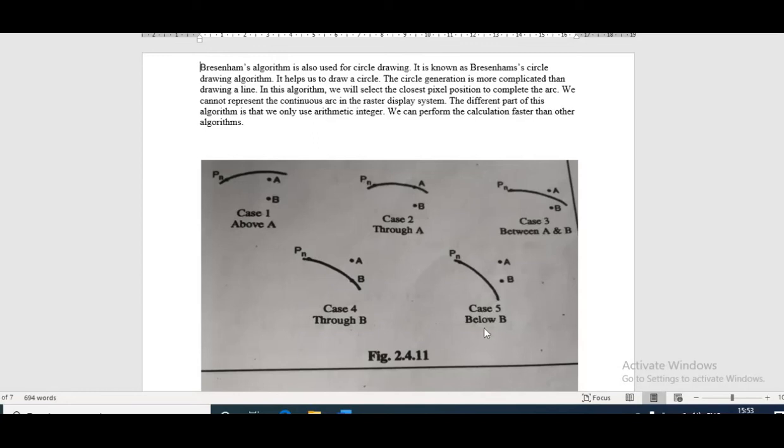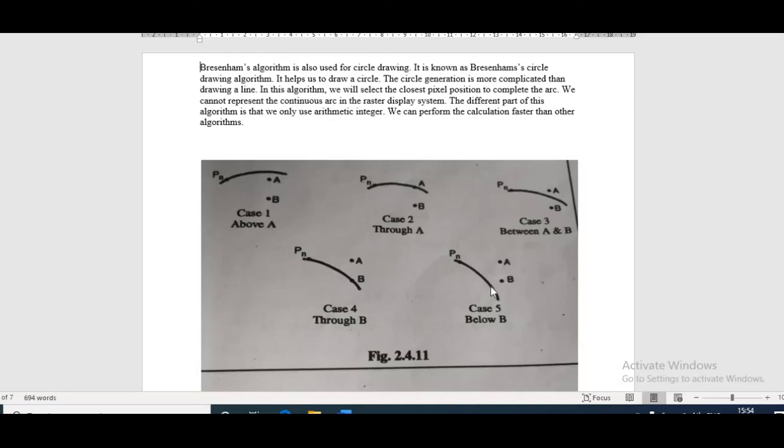In case number 5, both the points are outside the curve, and these are greater than 0, and the B point is nearer to our curve. So